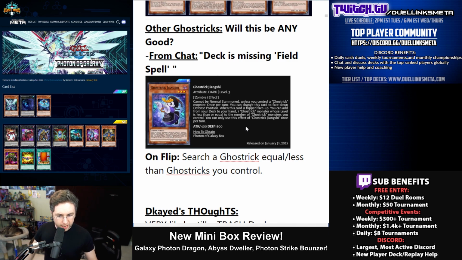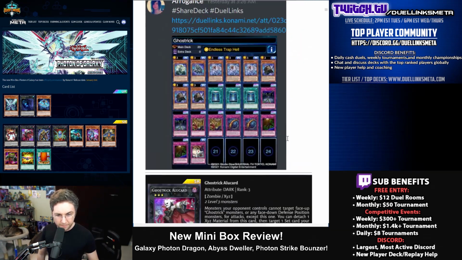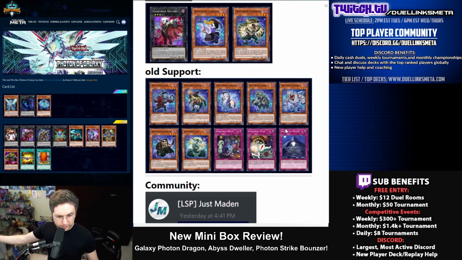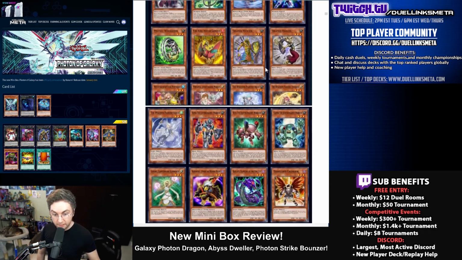Ghostrick Jiangxi. On flip, it will search for a Ghostrick equal to or less than the number of Ghostricks you control. The level has to equal that, so if you flip up itself, you would search a level 1. I don't think there's any level 1s to even search. We could look at the Ghostricks as we saw earlier up here. These are going to be the Ghostricks you could search for. There's a level 2. And basically, if you have another Ghostrick on the field and you flip up your Jiangxi, you could search for one of the level 2s. If you have 3 Ghostricks and you flip it up, you could search for one of the 3s. They're all level 3 or lower, but not level 1, so it's not going to really be able to self-flip